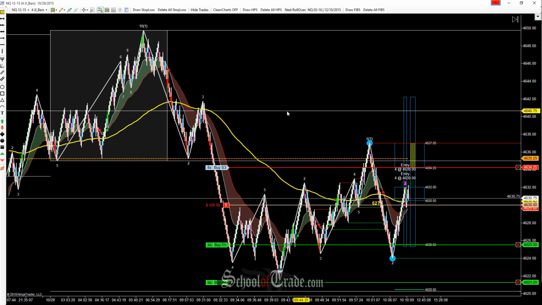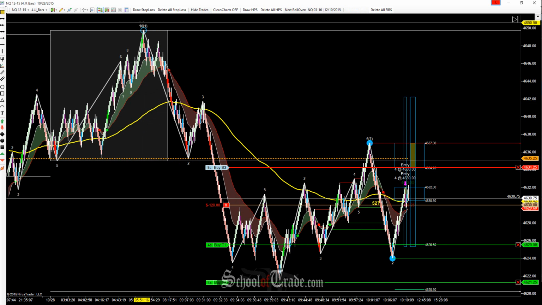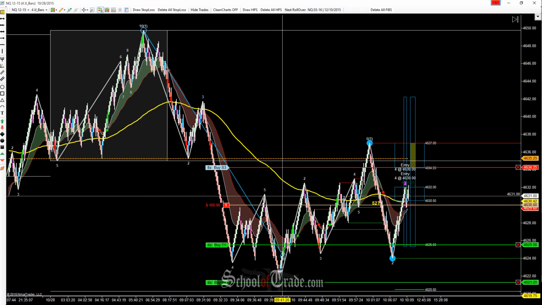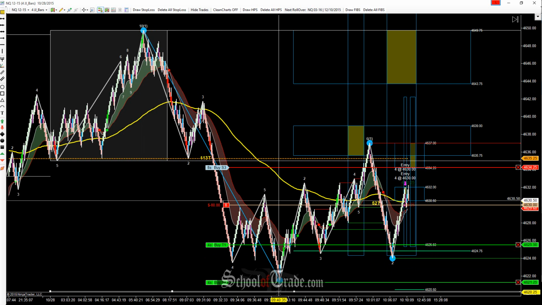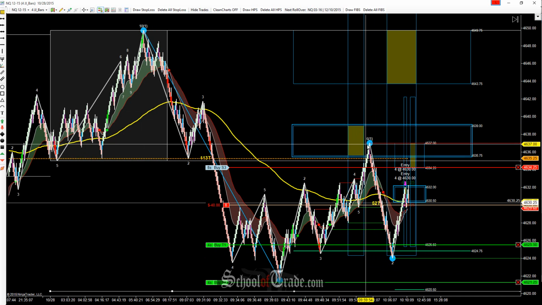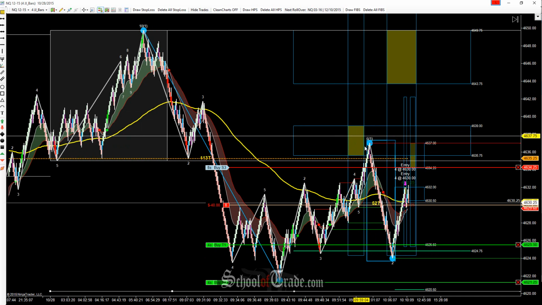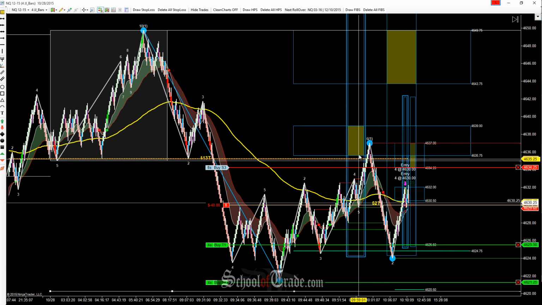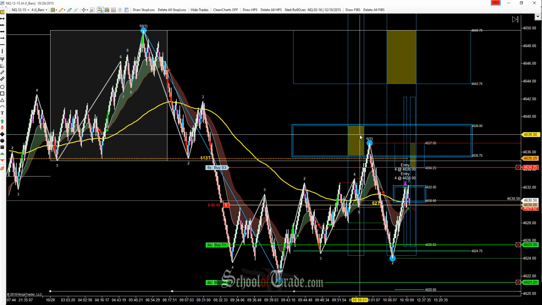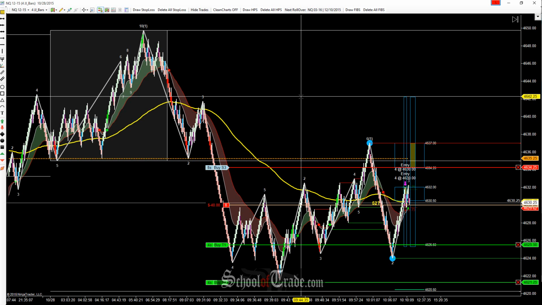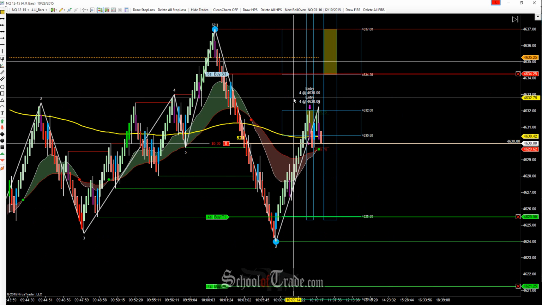Right now, we have a smaller wave pattern short. You could also be looking for the larger one, right? The larger wave pattern from major high to major low, and we just rejected out of that area. Now, a lot of times these big waves require really big stops because it's a big wave, right? So because of that, you can utilize a smaller wave to get into a larger wave, and that's exactly what